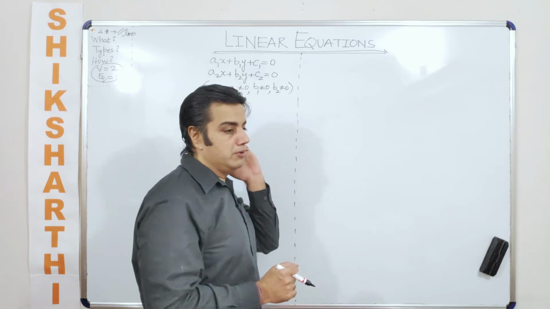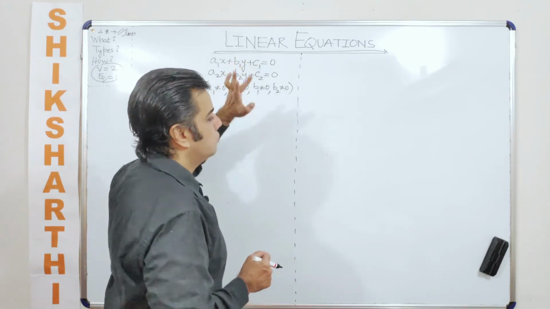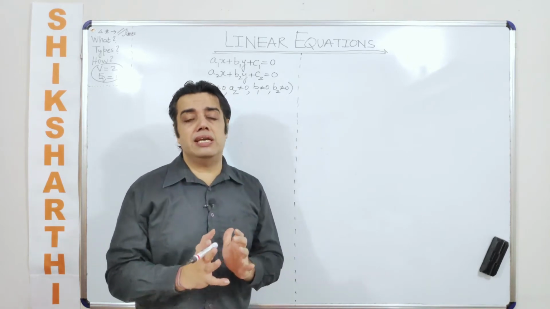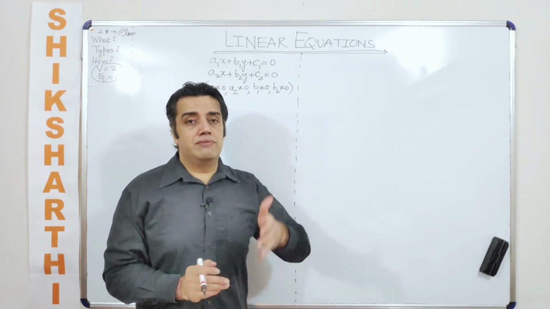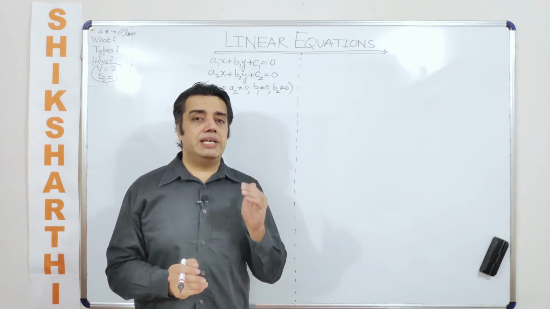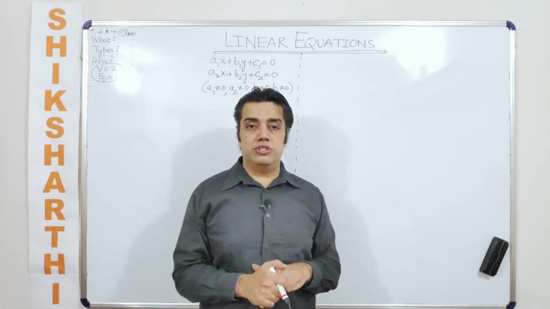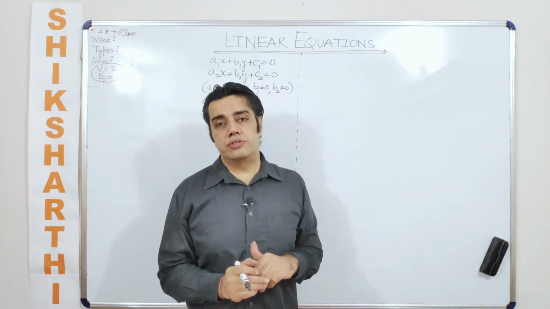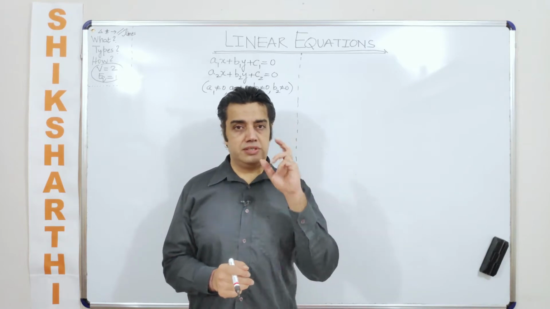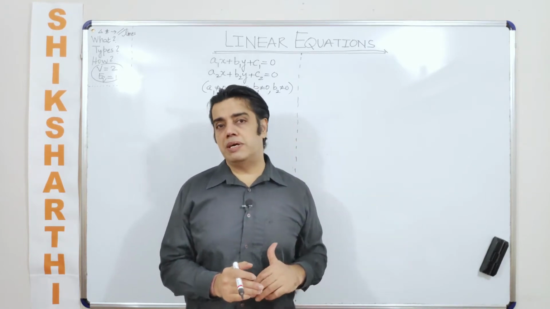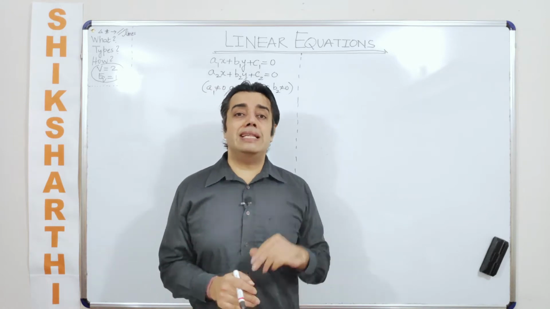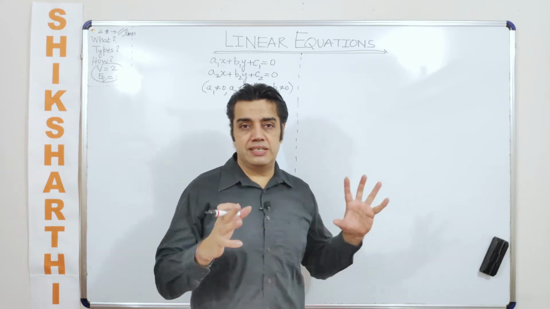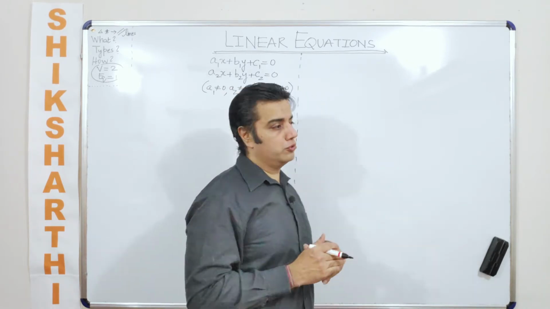So in that case, the moment I put c1 and c2 also equal to 0, I get the representation of a linear equation in terms of a line which passes through the origin. And if there is a line which passes through the origin, can I say it will always pass through exactly two quadrants? So think about these two things. First is, any line which does not pass through the origin will pass through exactly three quadrants, and any line which passes through the origin will pass through exactly two quadrants. This is just food for thought for you.